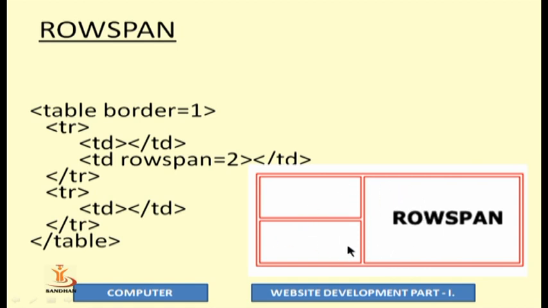That means 2 rows and 2 columns. Here you can see in my first row I have started with TR. I have written TD, that means I am talking about this cell. Then I have used TD with rowspan equal to 2. That means my second cell is expanded to the second row. So once this cell is expanded, in the second row you could have just one cell declared. So in the second TR, I have just specified one TD, that is TD and slash TD.